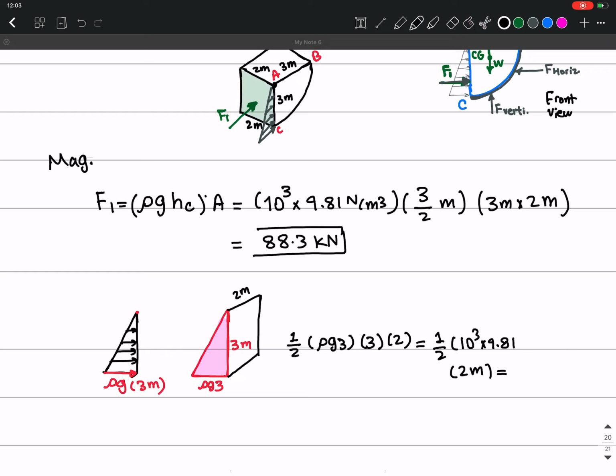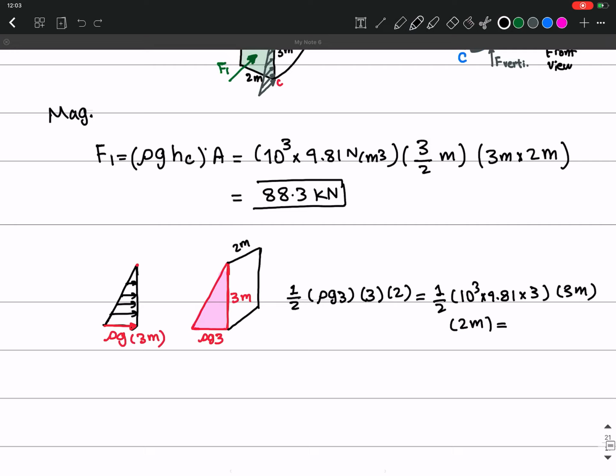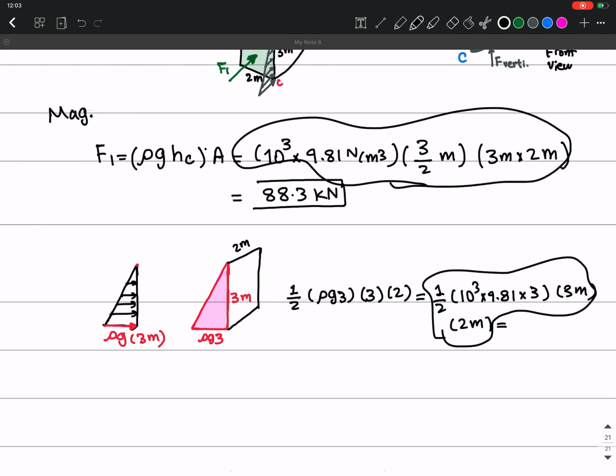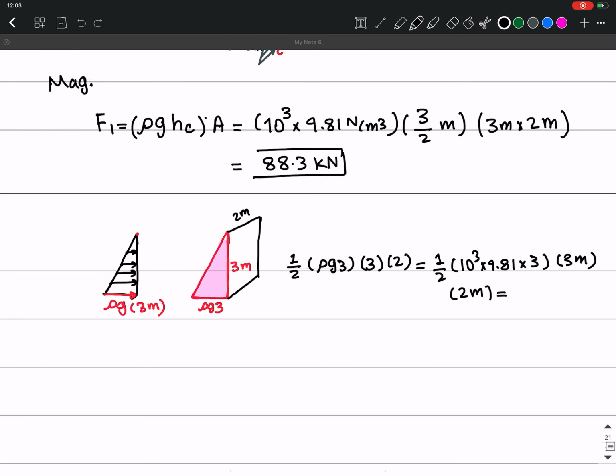So I have 9.81 times 3, and then I have another 3 meters, and then 2 meters. So if you compare this one with this one here, you see they look similar. So at the end of the day, we have the same thing here, which is 88.3 kilonewton. Okay,